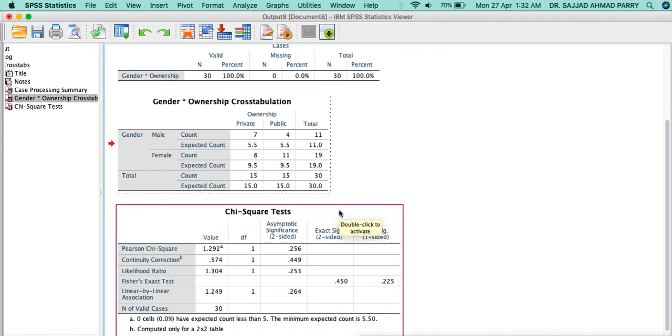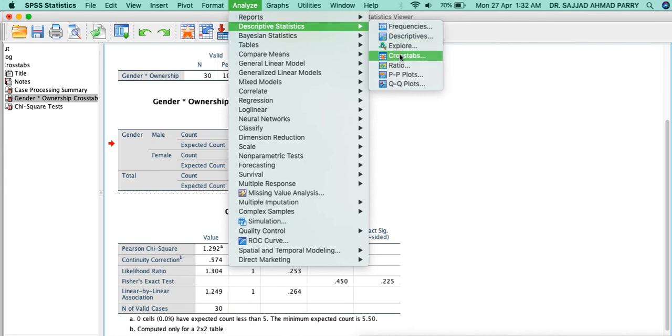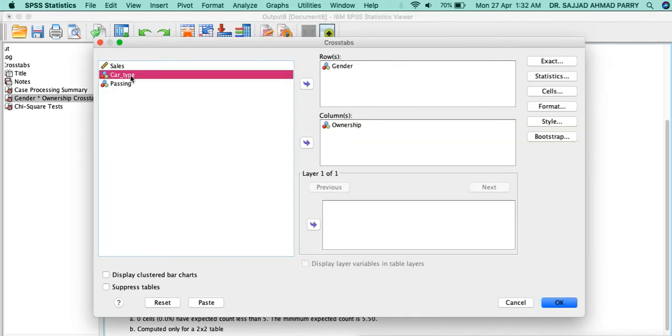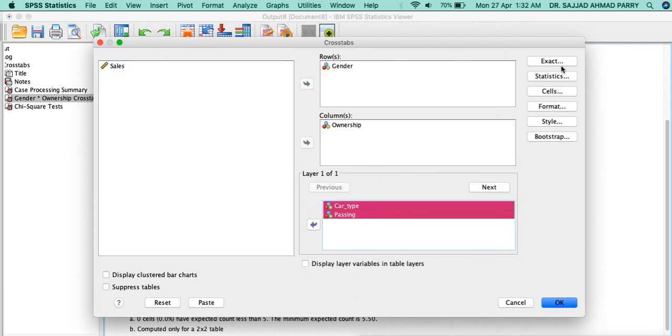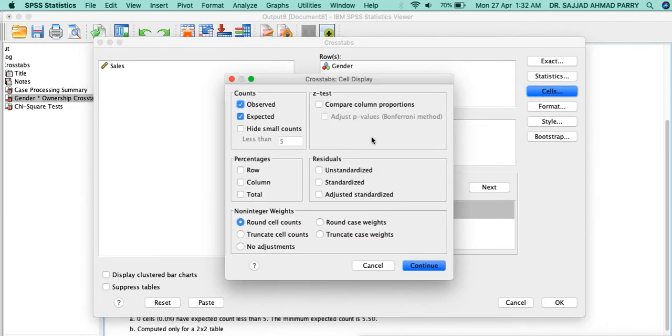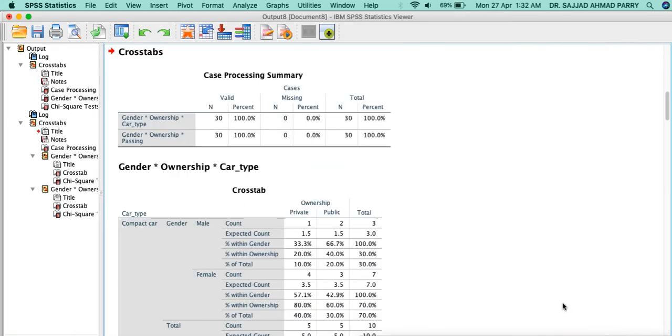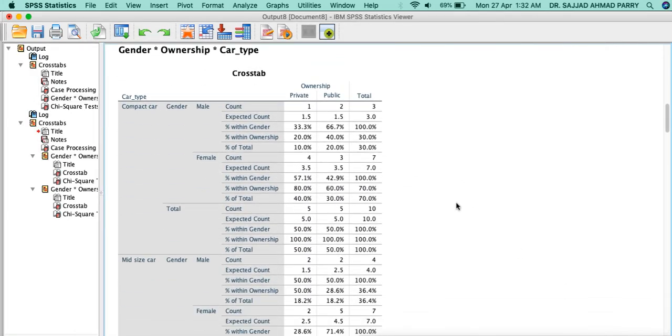Now we see we can go for the percentage analysis also here. What we are going to do, we are going to analyze, go to descriptive statistics, then cross tabs. When we take this cross tabs, let us take these two variables this time here and go to statistics. In that, chi-square is already there, right? Correlation we don't want. Then go to cells, we want row, column and total percentage here also, right? We don't want this expected. Okay, let us take this one also. Fine. Now if we click OK here, you see here we are going to get the percentage of this.